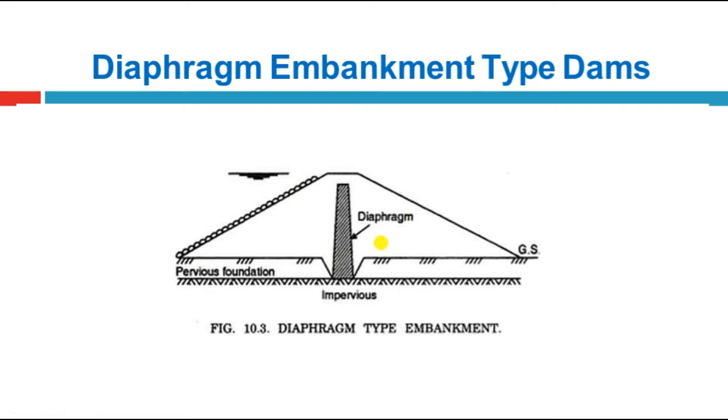In this type of dam, the bulk of the dam is constructed of pervious material, and the diaphragm is of impervious material. It is provided to check seepage. These dams are sometimes known as thin core dams. The position of the diaphragm may vary from a center vertical core to the embankment directly on the upstream side face of the dam. Between these extreme positions, there may be several intermediate positions of the diaphragm, in which an inclined diaphragm sloping upstream may be provided. The inclined diaphragm is also sometimes known as a buried blanket.